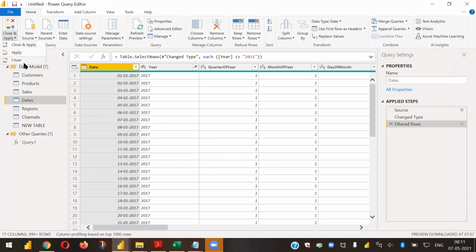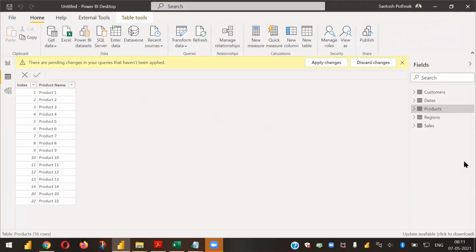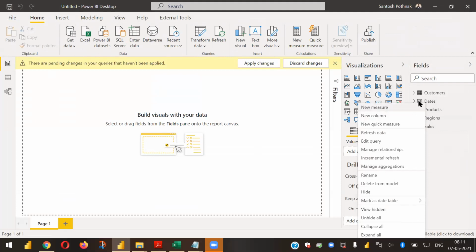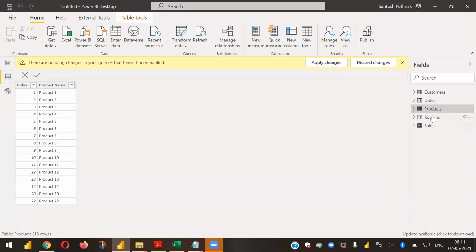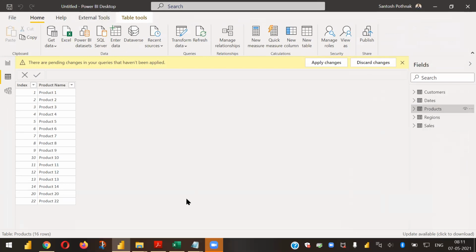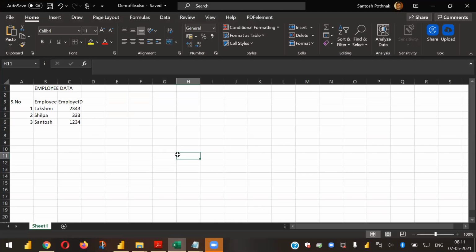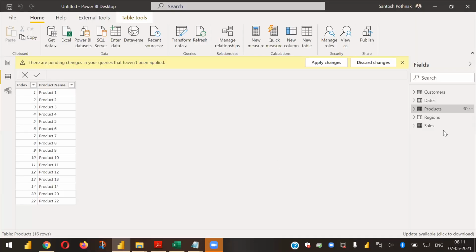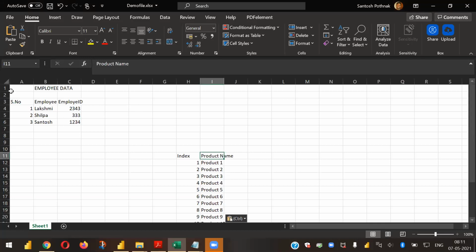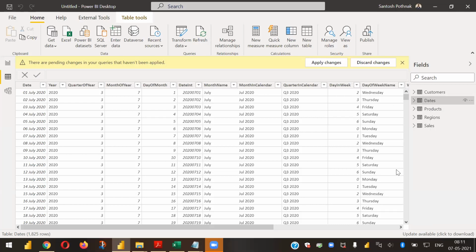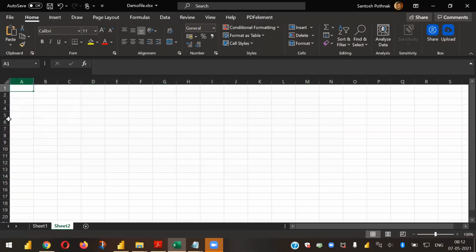You can copy your data to Excel. For example, go to the data view, where you have the option to copy data. You can see copy table, and you can copy your data into a new Excel sheet. For example, I'll paste it here. I've copied the entire columns of the product table and pasted them here. In the same way, copy the dates table and paste it in Excel, so that you can explore more. Just like this: copy table, add it to a new sheet, paste it here. You can see that.